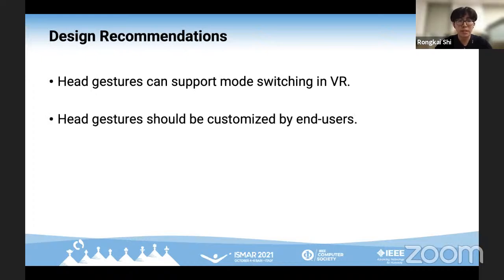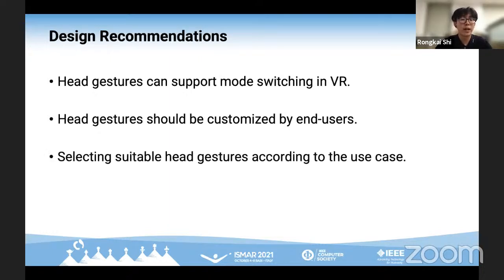The second recommendation is that head gestures should be customized by end users. We actually received positive feedback from participants about customizing their preferred gestures for mode switching in the second study. Therefore, allowing users to customize their preferred gestures for mode switching could improve learnability and also usability. And the last recommendation is selecting suitable head gestures according to the use case. Designers should consider the unique features of head gestures and think about how they would affect the user experience in